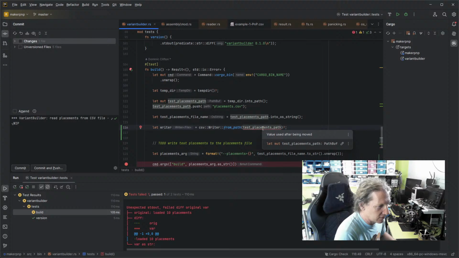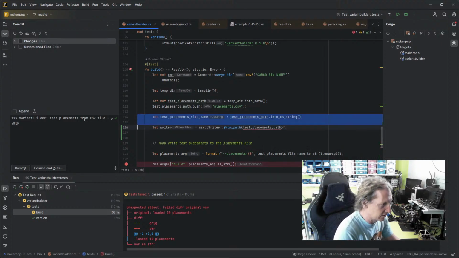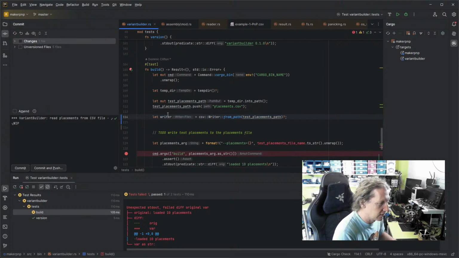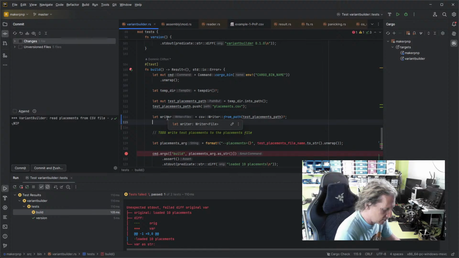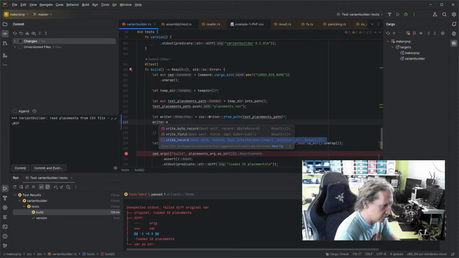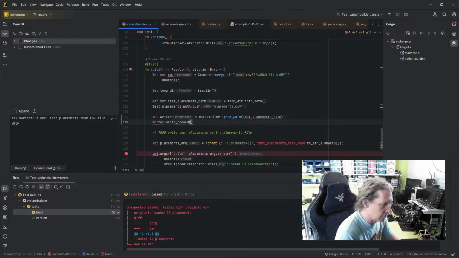Test placements path. Value used after being moved. Well, that's because we've got this cruft left over here. So we'll delete it because we don't need it. And then the idea was we could go writer.write record, I think it was. Yeah. And then we'll pass it a temporary reference to